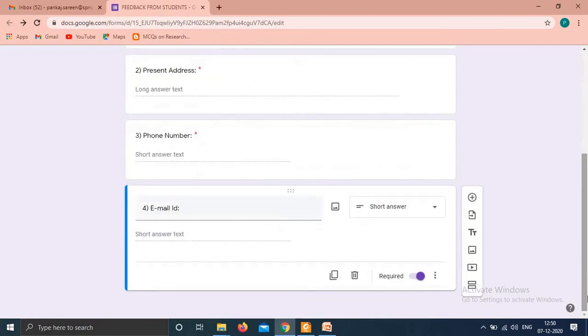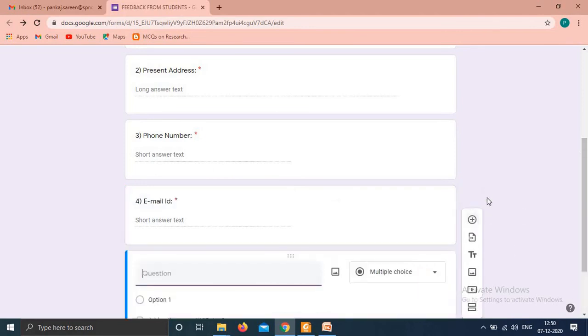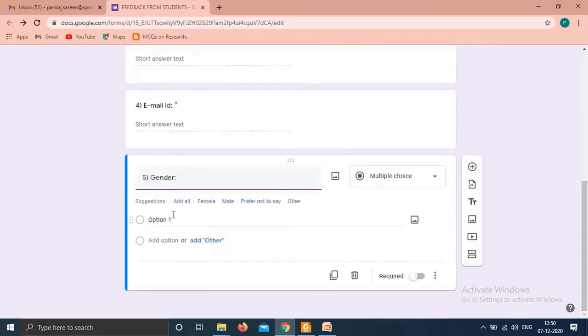So next, what you can do is gender. For gender, it is a multiple choice question, and you can add the options from here. By default, it is giving you suggestions.